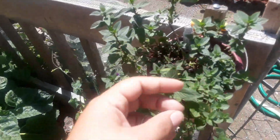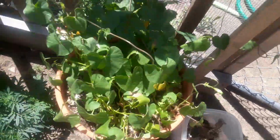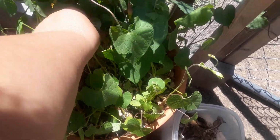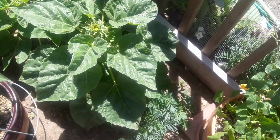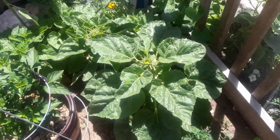The mint is doing well. The marigolds and the morning glories are blooming, and they're kind of struggling in this little pot here because they're not getting quite enough water. Of course, my hose sprung a leak, and so it's made watering a little bit more difficult, but...